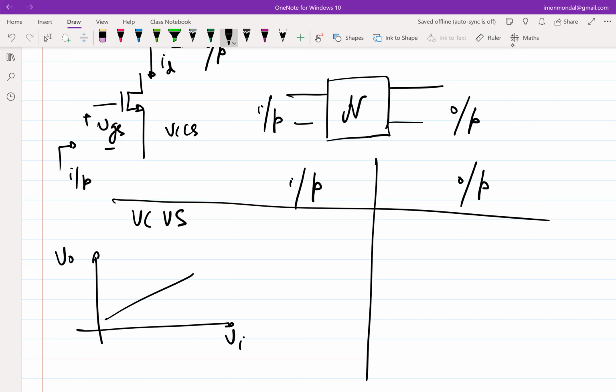So let's look at the output side. That might be easier. When I say something is a voltage source, what does it mean? If I say something is a voltage source, the output side is a voltage source. Input side is a control source, input side is voltage control. Output side is a voltage source. Let's concentrate on the voltage source part. It depends whether the black box on the output